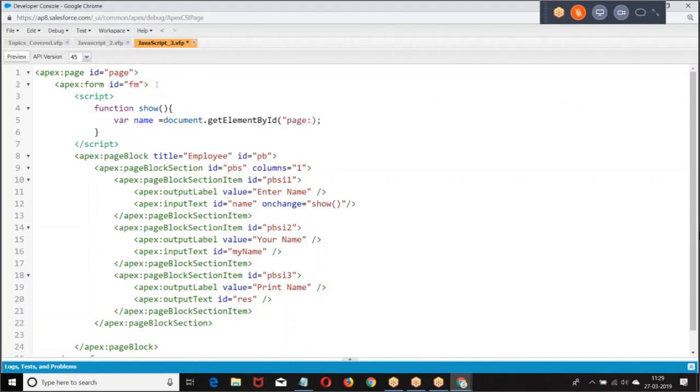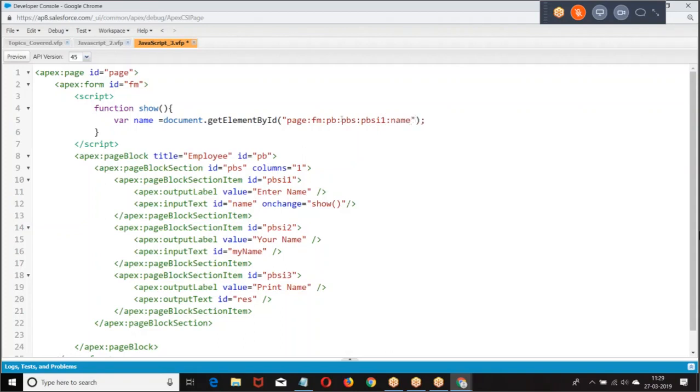In the page we have a form. In the form we have a page block; the ID of the page, the ID of the form, the ID of the page block, the ID of the page block section, page block section item 1, colon. I gave the complete path, right?